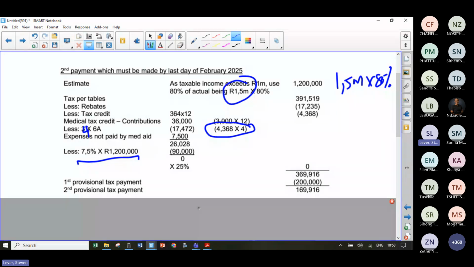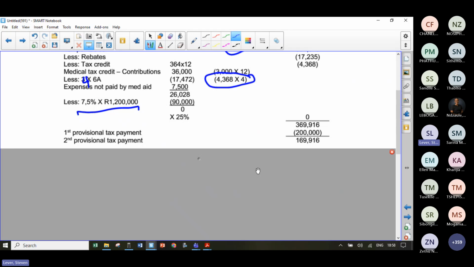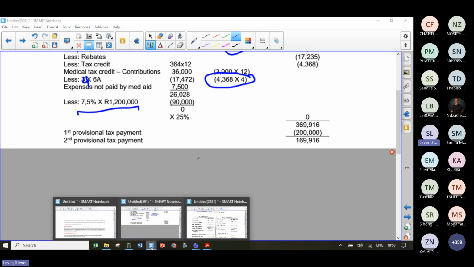Okay, so those are the different payments. So what I would want you to take out of this example is, do I know when to register? Do I know how to do a first calc? Do I know how to do a second calc? And there are 2 types of second calcs, below 1 million and above 1 million. Third calc is just a catch up. And then the fourth one is penalties, which are part of your syllabus. So I'm going to show you what happens if you don't pay enough.